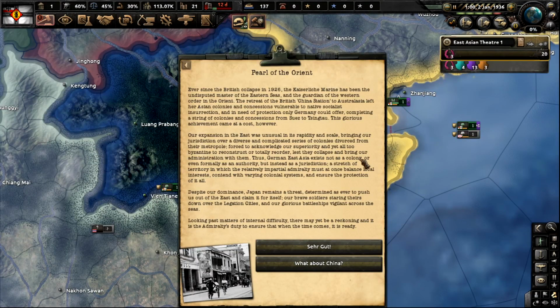For the Orient, ever since the British collapse of 1926, the Kaiserreich Marine has been the undisputed master of the Eastern Seas, the guardian of the Western Order in the Orient, and the retreat of the British China section to Australasia after Asian colonies and concessions vulnerable to native socialist insurrection and in need of protection only Germany could offer. Being the string of colonies and concessions from Suez to Tsingtao, this glorious achievement came at a cost, however. Our expansion in the east was unusual in its gravity and scale, bringing our jurisdiction over a diverse and complicated series of colonies divorced from metropolis. Forced to acknowledge our superiority and yet all too destined to reconstruct or fully reorder, lest they collapse and bring our administration with them. Germany's age exists not as a colony or even formally as an authority, but instead as a jurisdiction. A stretch of territory in which a relatively impartial admiralty must at once balance local interests, contend with varying colonial systems, and ensure the protection of it all. Despite our dominance, Japan remains a threat, determined as ever to push us out of the east, movement for itself. Our brave soldiers steering theirs down over the Galatian cities and our glorious battleships valiant across the seas. Looking past matters of internal difficulty, there may be reckoning and its utmost duty to ensure sometimes it is